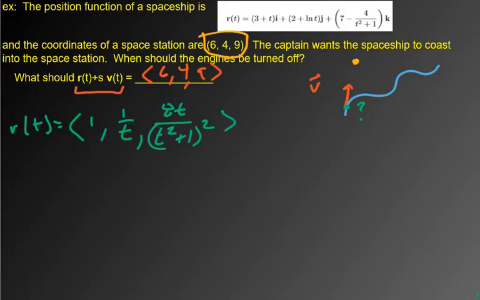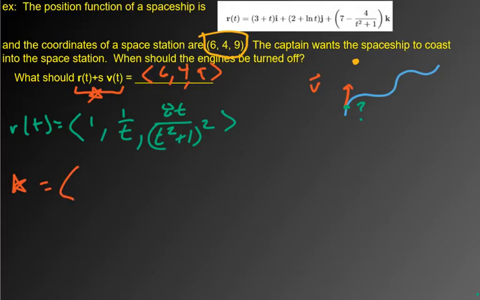So that's my velocity vector. Then I basically make an equation where I plug all this stuff in. So this big messy thing, I'm going to call it star. That equation is going to equal